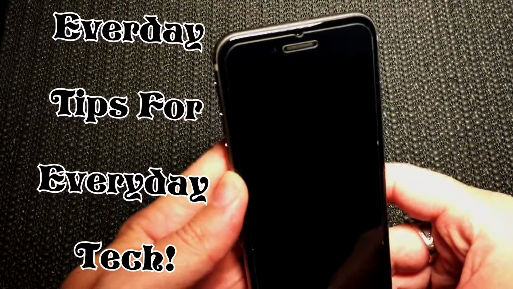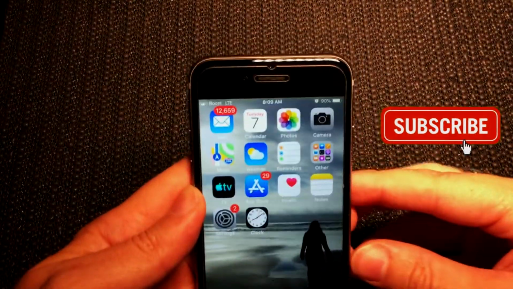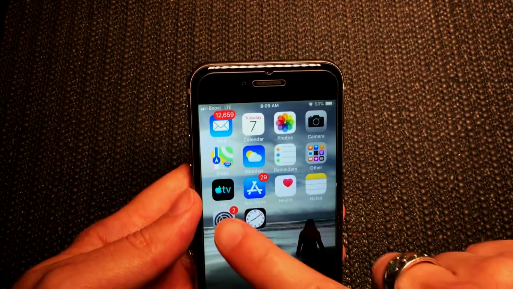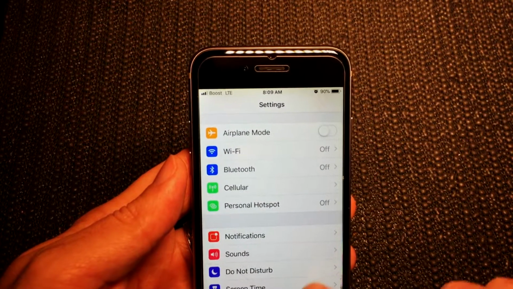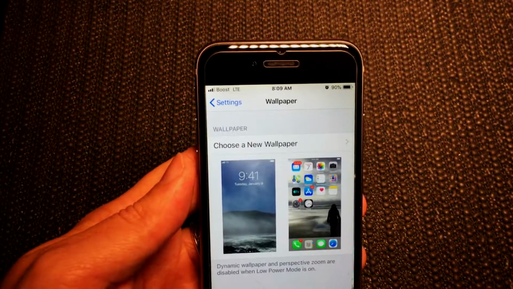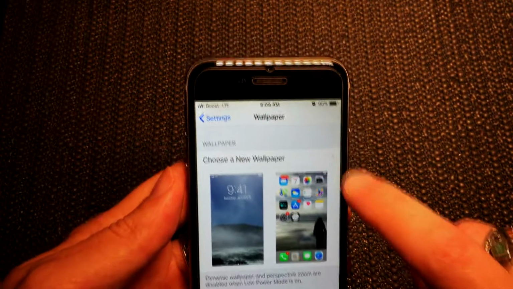Today we are going to learn how to change the wallpaper on your iPhone. There's two different ways you can do it. The first way you'll access through your settings. You'll scroll down to the section labeled Wallpaper, and here you'll choose New Wallpaper,